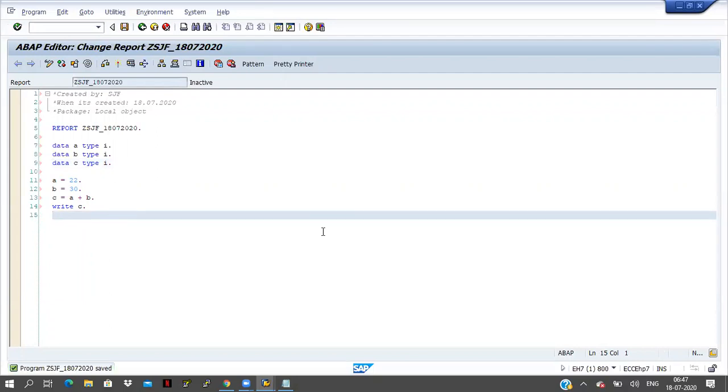Sir, for every variable, you will give data, right? Yes, this is the data declaration. Why can't we give only one data, sir?